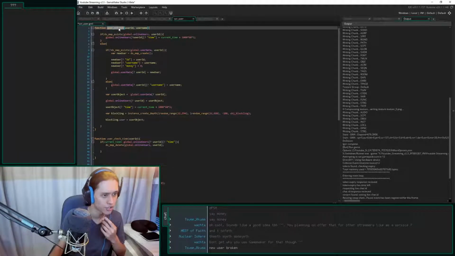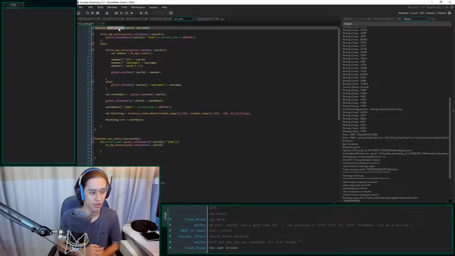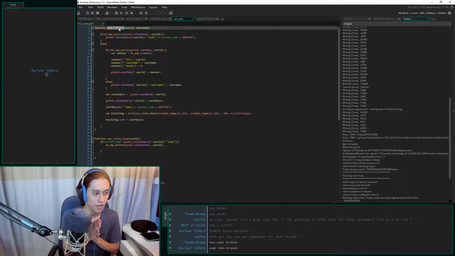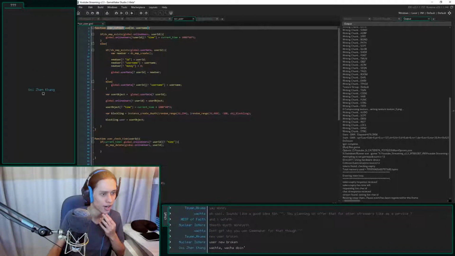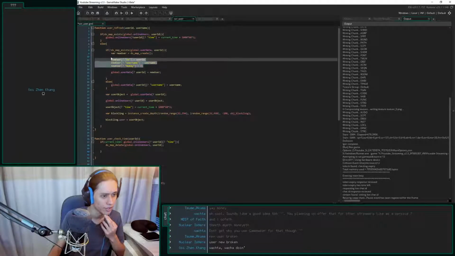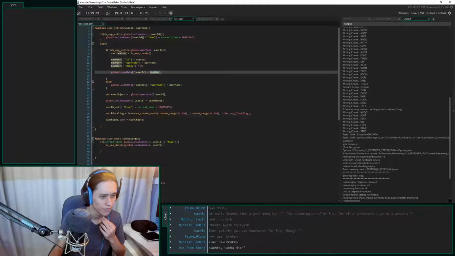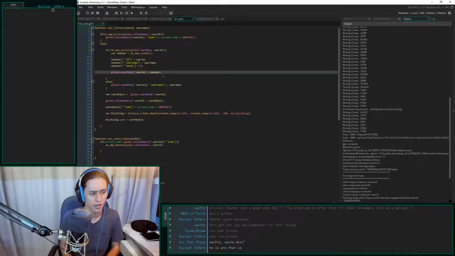User refresh. Okay. It might be after the... Yeah, okay. It could be a problem with when someone comes in the middle of a stream and it hasn't loaded all the messages. The user refresh, user ID, username. I don't think it's saving it then. I do not think it's saving it, which is very funny.